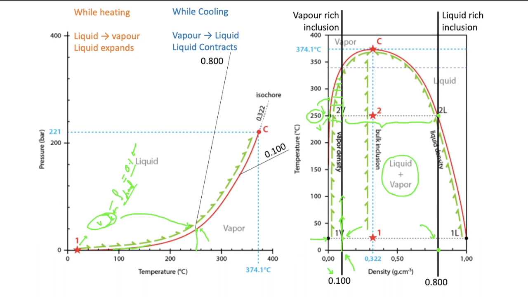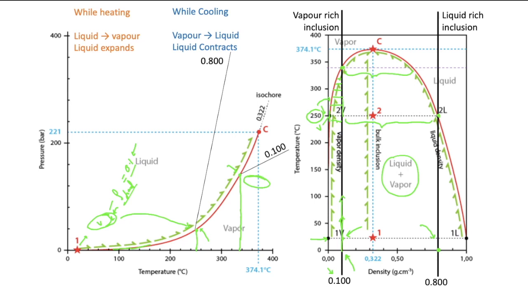And as it reaches this point, around 340 degrees Celsius, right? Or 330 degrees Celsius, this point. At this point, when the inclusion reaches this point, you see the liquid has disappeared. If you apply the lever rule here, this whole thing is now vapor. This length is 0 now, right? That means at this point, the last liquid drop will disappear,